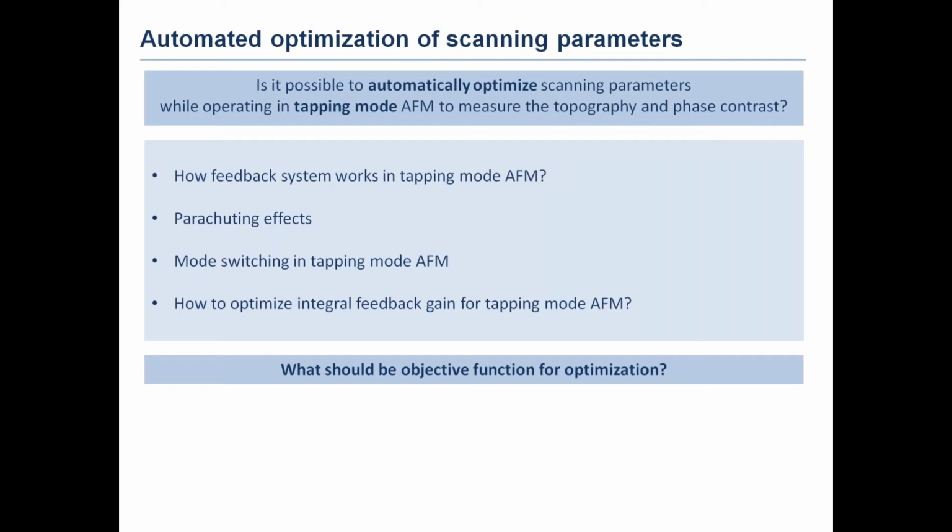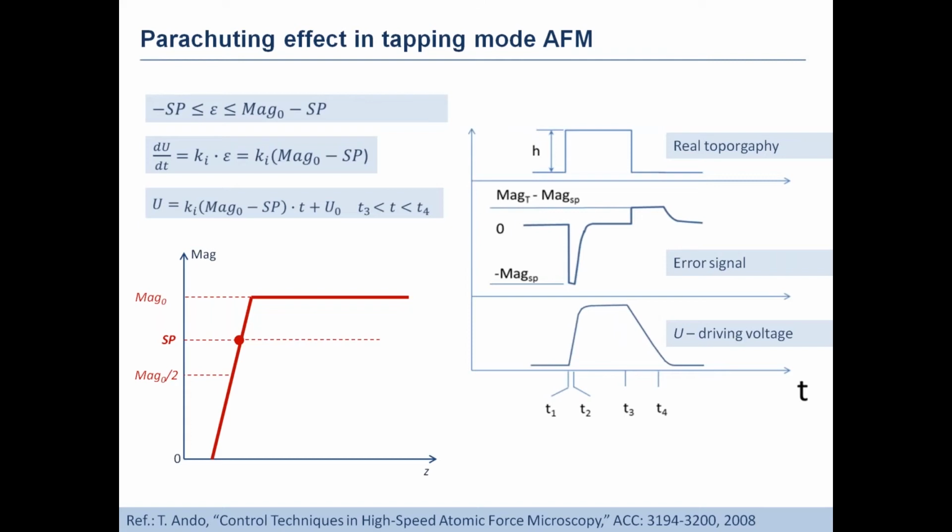And within the next several slides, I will try to briefly cover the very basic physical principles of all these steps that are essential to get some algorithms that allow to automatically adjust the scanning parameters in tapping mode. So how the feedback system works in tapping mode and how the so-called parachuting effect would influence